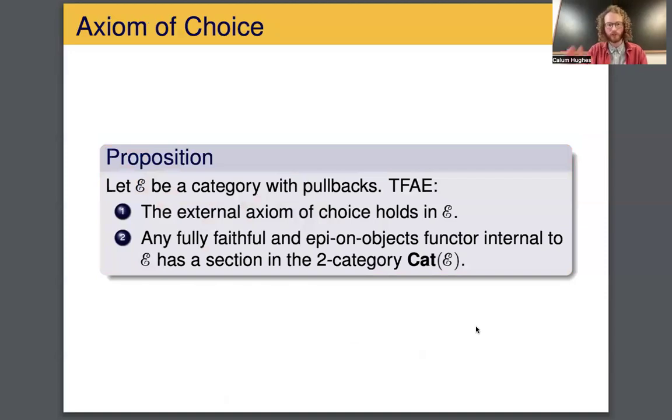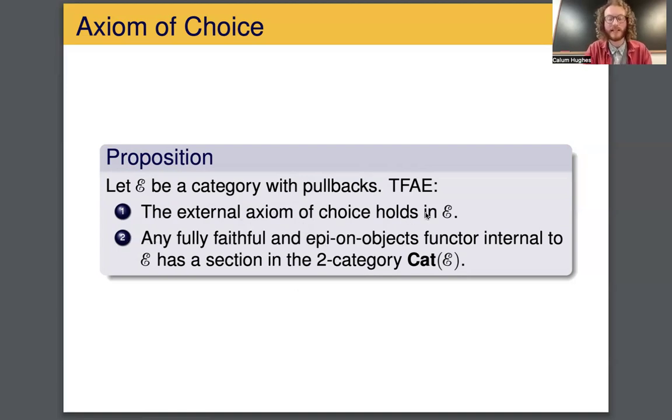Great. So moving on to treat the axiom of choice. We have this proposition here that if we have a category with pullbacks, the following are equivalent. The external axiom of choice holds in E, and any fully faithful and epimorphic on objects functor internal to E has a section in cat E. The proof is maybe not too hard to see. If we assume one, then epis have sections. So epi on objects functors have sections on objects, and then fully faithfulness allows us to lift this to a full section. And conversely, if we assume two,